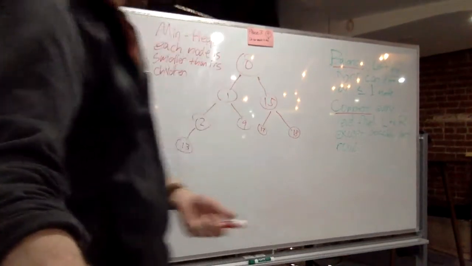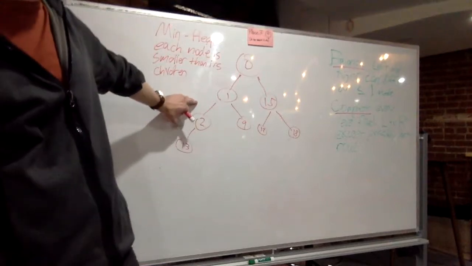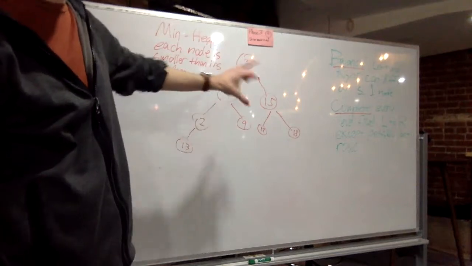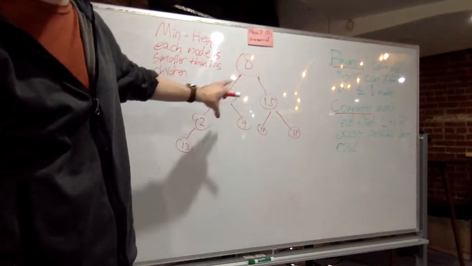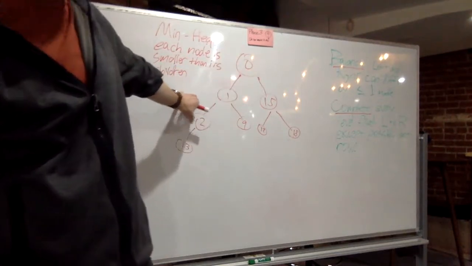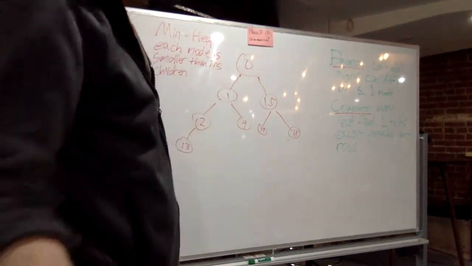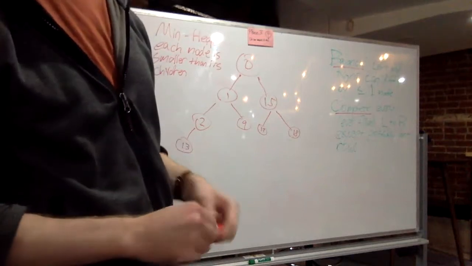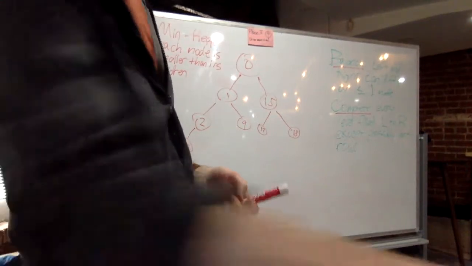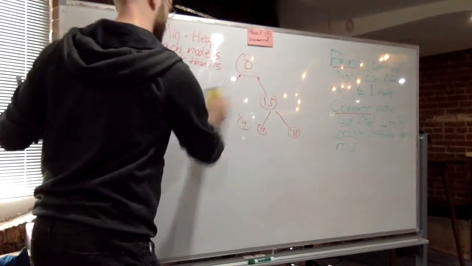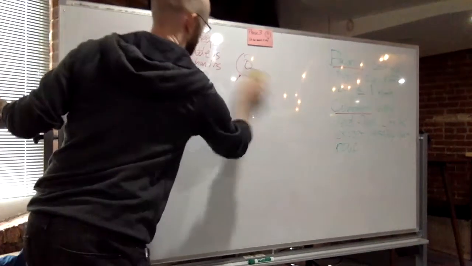Yeah, so further study for you would be removal. For all of these trees, there are different operations that you want to check out, like how you remove the minimum. I want to make sure we get to depth-first searching and breadth-first searching. But another thing that you might check out that is super interesting is